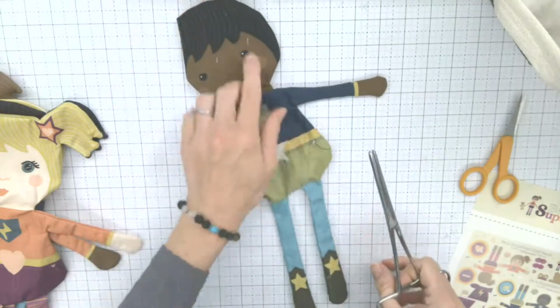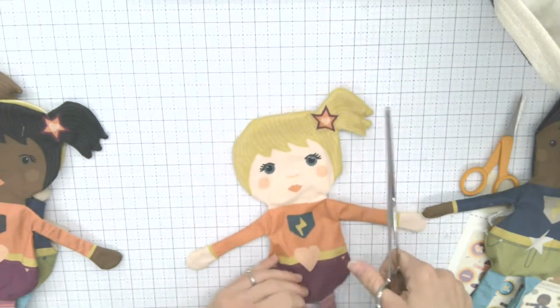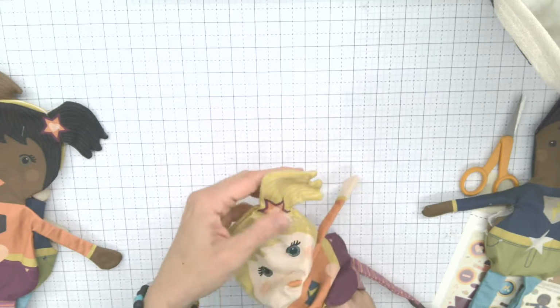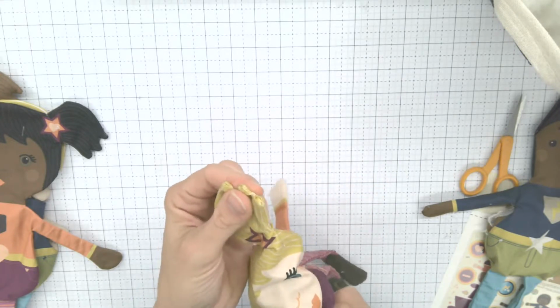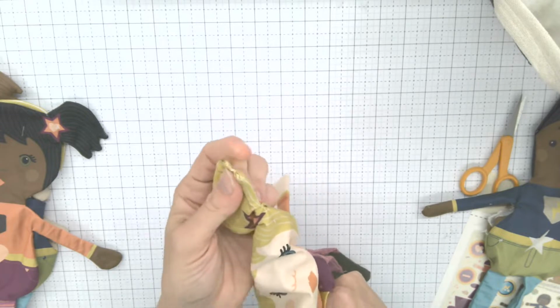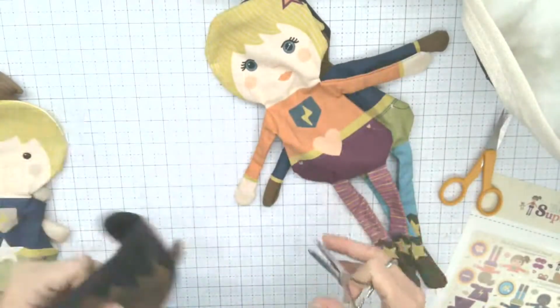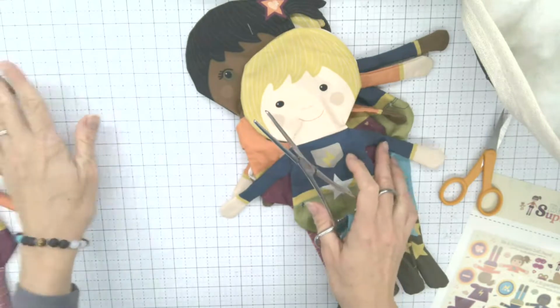So I'm just going to move, so it's going to start to look like this all the way around the doll. I'm going to move over and just show you if you have this doll and this ponytail that you want to make sure you've done the same thing. All right, so you're going to make sure that you've gone to the edges and right into all of the points of the ponytail. Good. So once you have all of those dolls turned out, we're going to start by stuffing